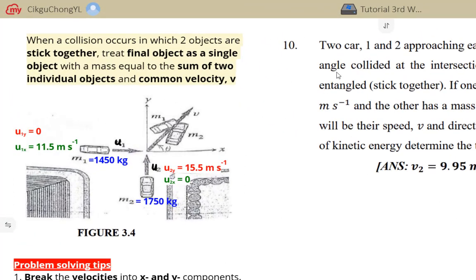So we have two cars, car 1 and car 2, approaching each other along two different streets. They meet at a right angle and collide at the intersection. After the collision, they entangle and stick together. So if